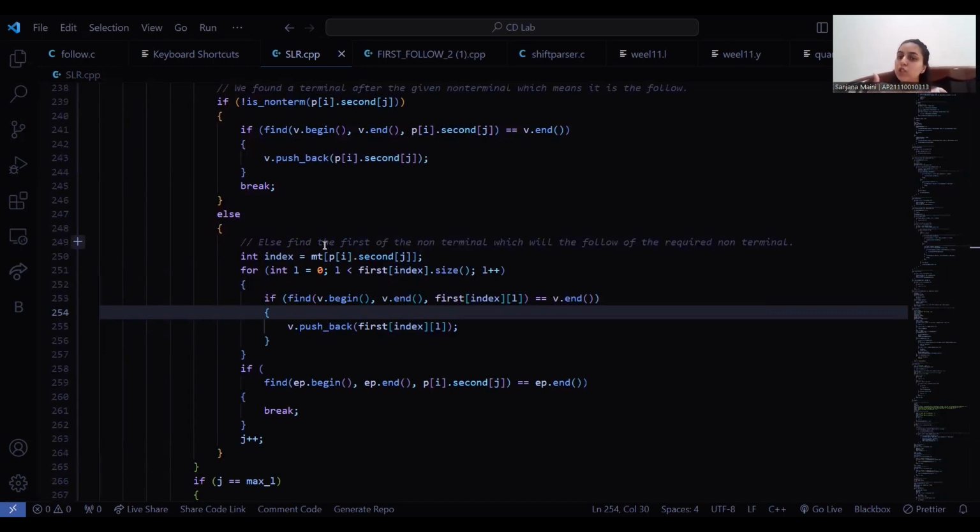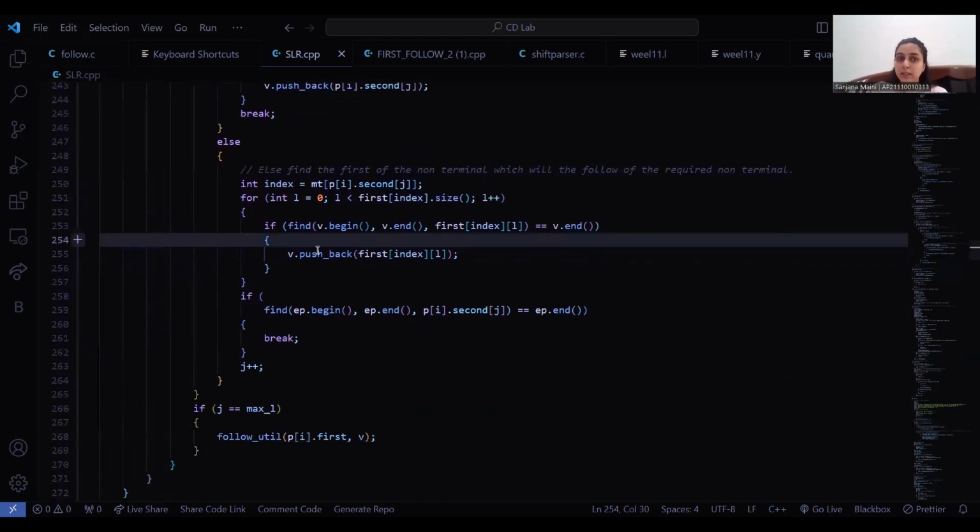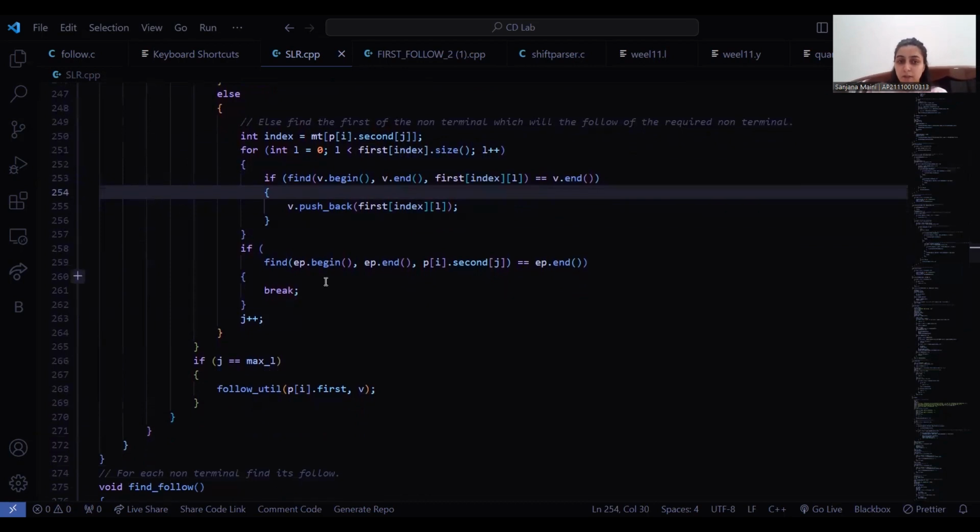If that terminal symbol is not already in the follow set of that particular production, then it adds it to the follow. And then we break out of the loop as all the terminal symbols have been found after the given non-terminal symbol. And otherwise, if the symbol is a non-terminal symbol, then what we do is